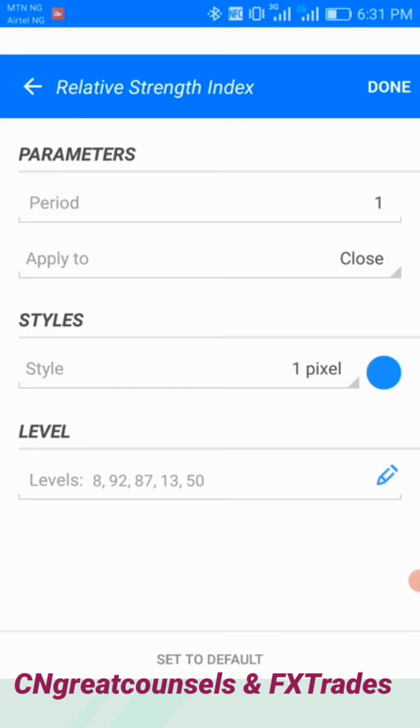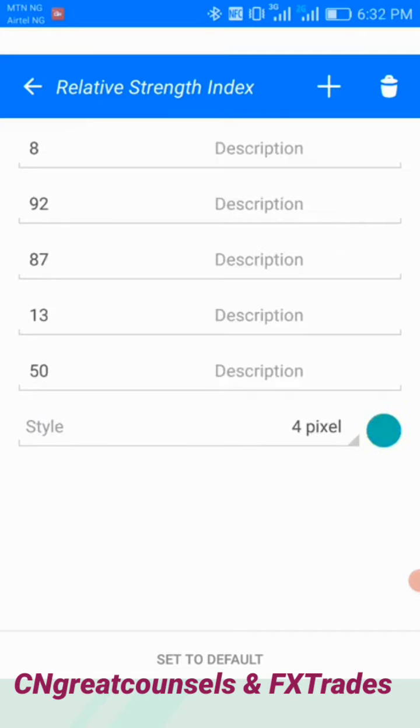Period, we don't want to see the period. You make it 1. Period is 1. You apply it to close. The style is 1 pixel. Color is blue, okay? We don't want to see it also, but the levels, very important if you are going